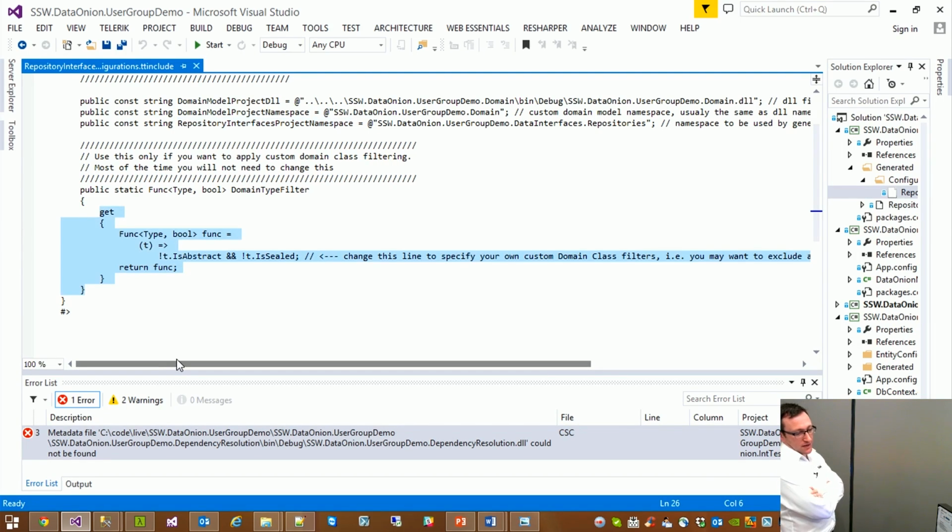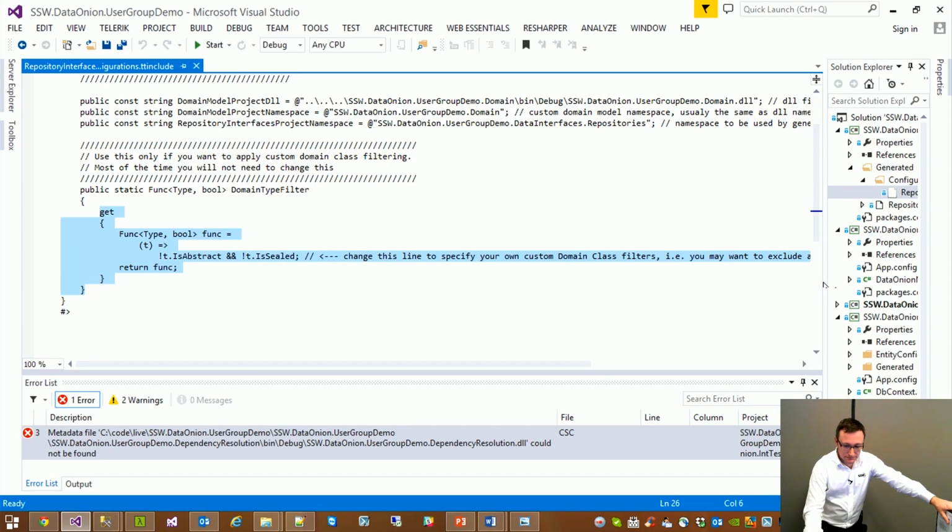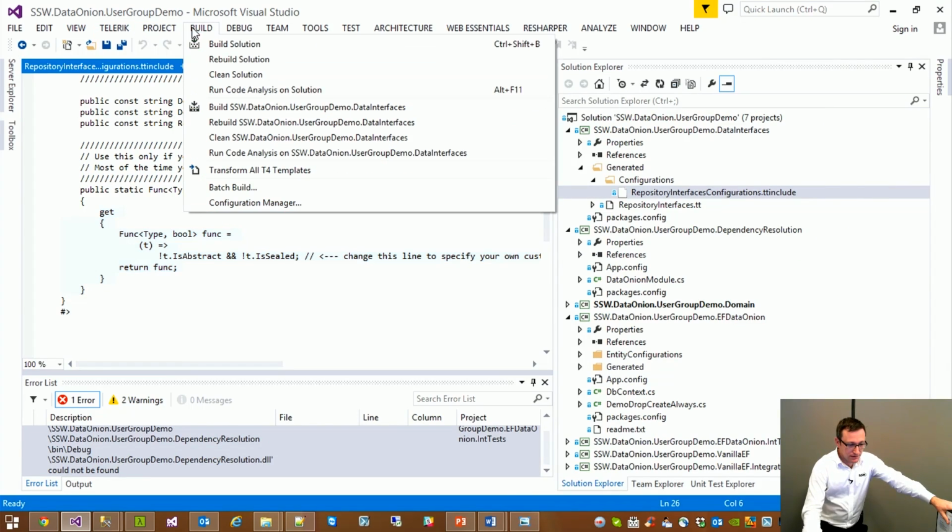By default, it will go to your domain model DLL and load all entities that aren't abstract and not sealed. If you want more control over which things you want to generate a repository for, you can put it all in this function. So then if you rebuild,